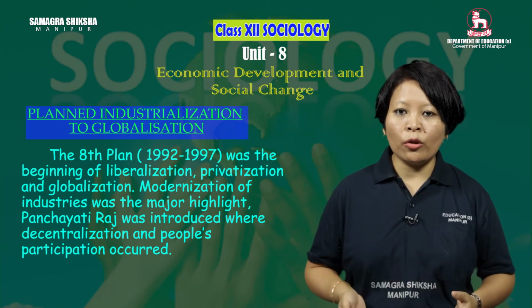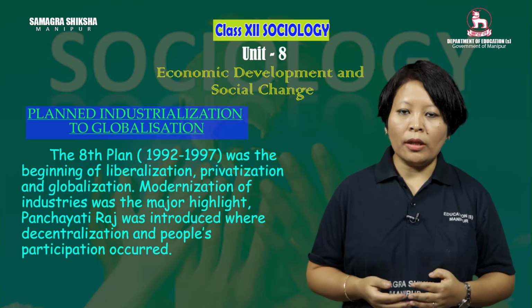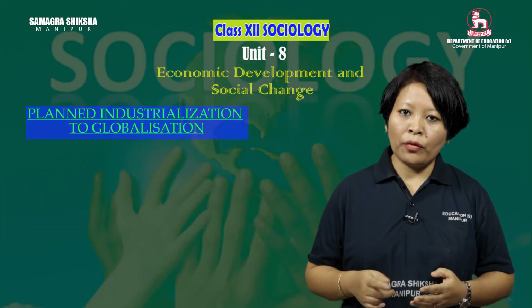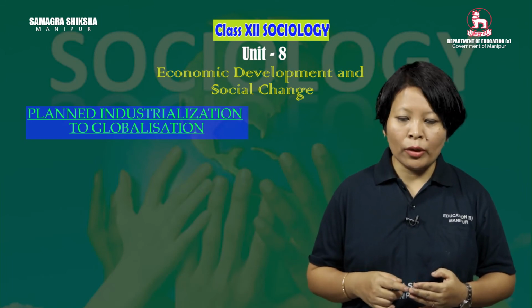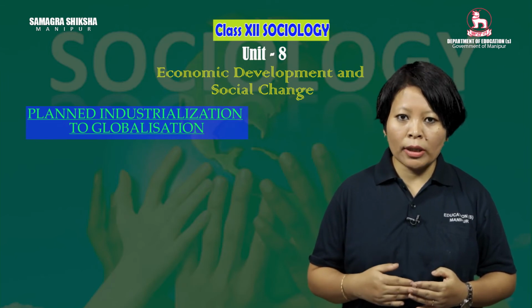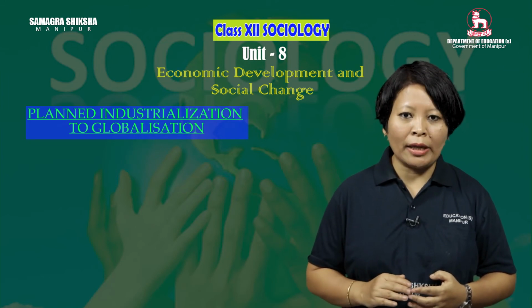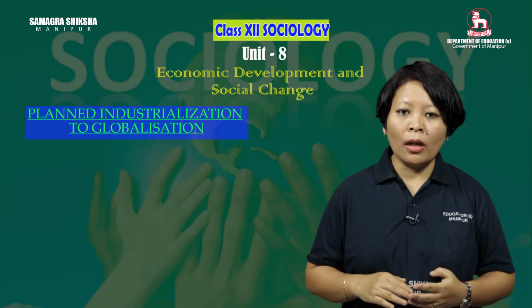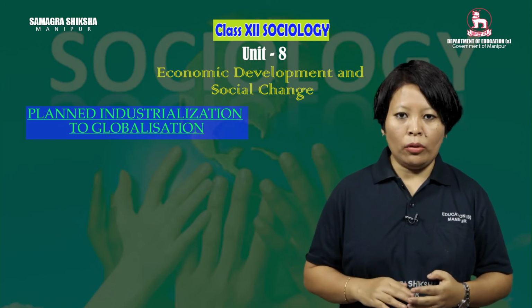Then our economy was open. Many multinational companies invested in India. They came to India. For example, before 1991, to set up an industry, a license was compulsory. To procure that license, they had to undergo many bureaucratic hurdles, problems, delays, red tapism. But once the compulsory license was abolished, License Raj came to an end.